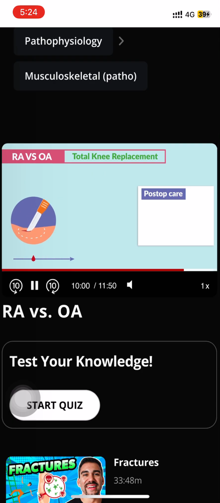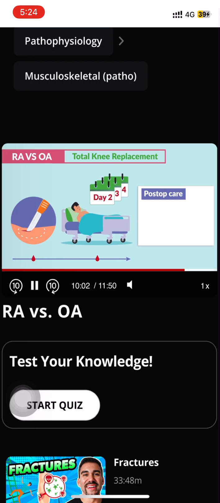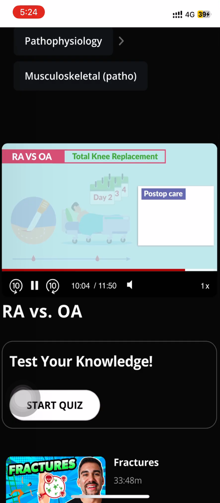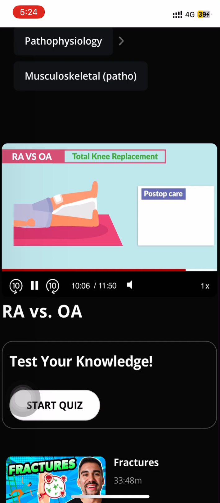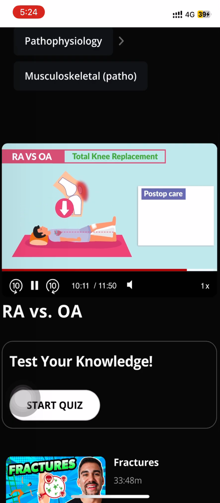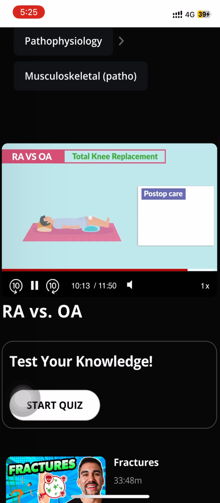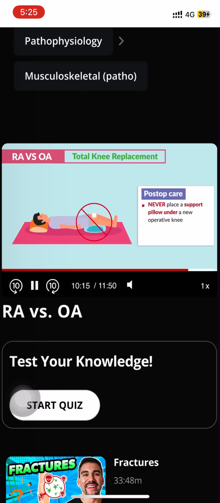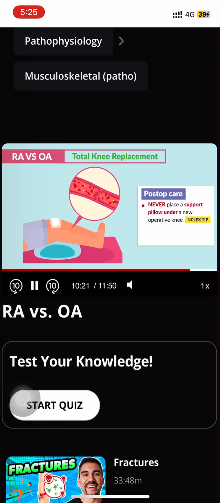So clients will typically be resting in bed for about 3 to 4 days after surgery. Elevate the entire leg as straight as possible, above the level of the heart, to decrease the swelling. Now, key terms here. Never place a support pillow under the new operative knee. Huge NCLEX tip. This can cause blood stasis as the dependent downward facing toes don't get good blood flow, leading